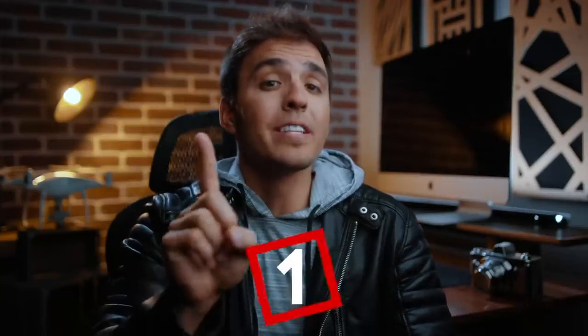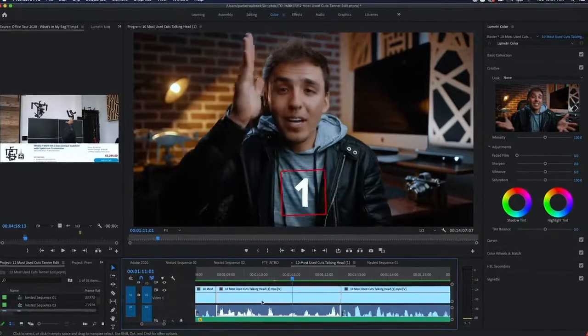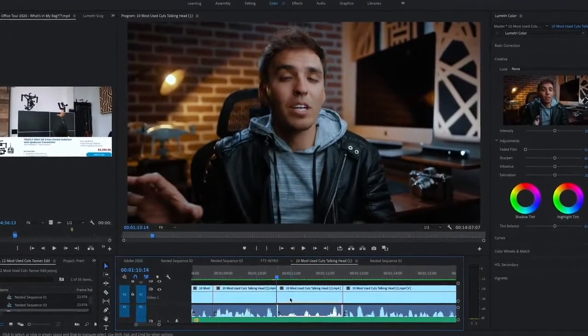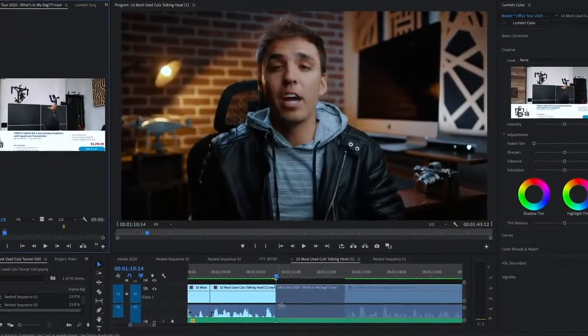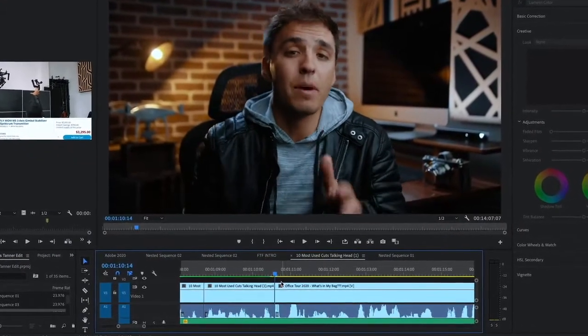Transitions. Cut number one is the clean cut, or hard cut, or just a basic cut. This is when you do a simple cut between one clip to another. Nothing fancy, no crossfades, no tricks, just a good old-fashioned cut. And a lot of the other cuts and transitions we'll be talking about today are just variations or elaborations of